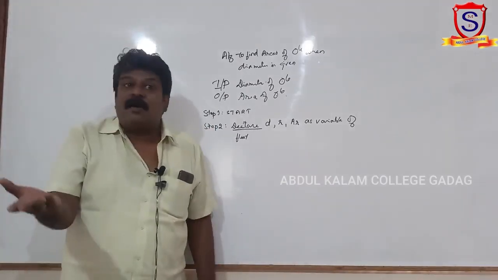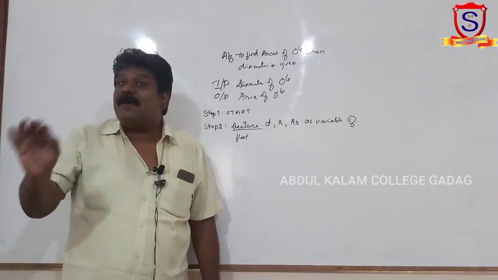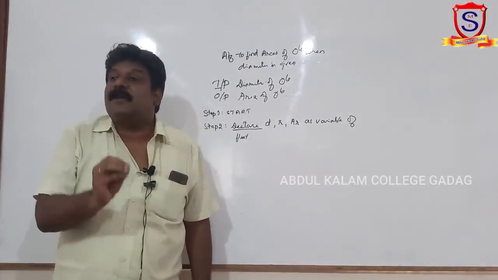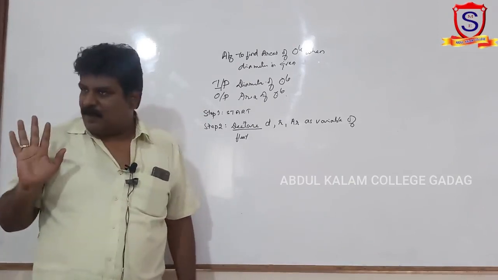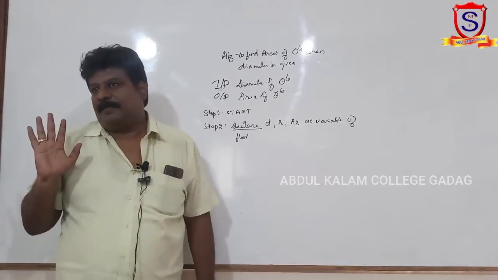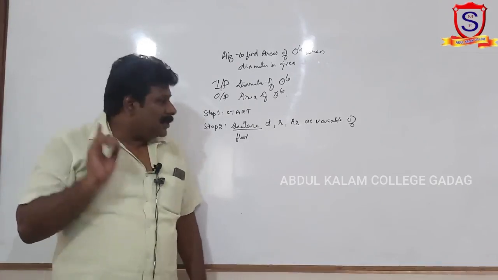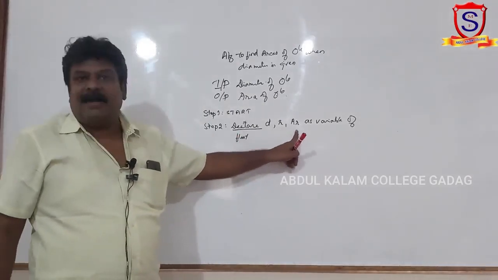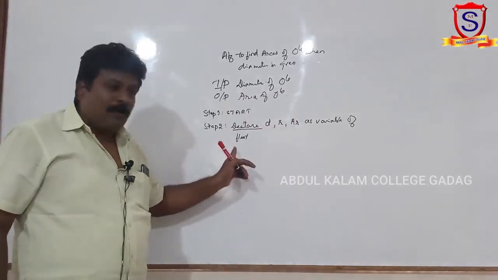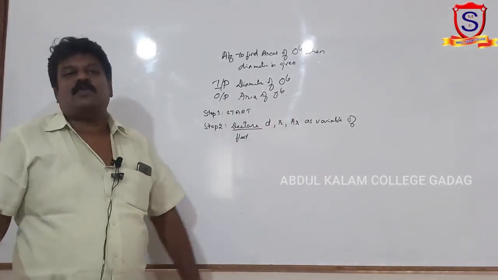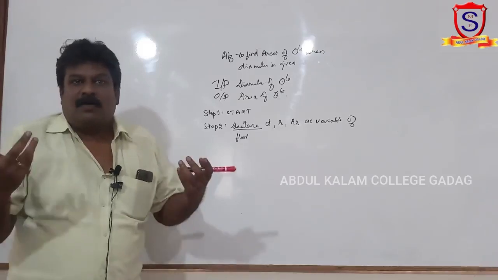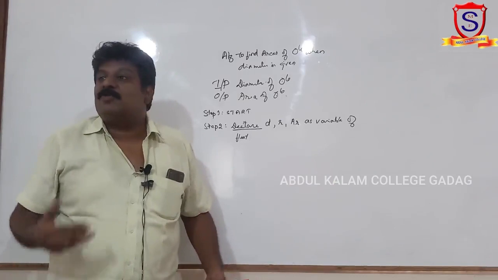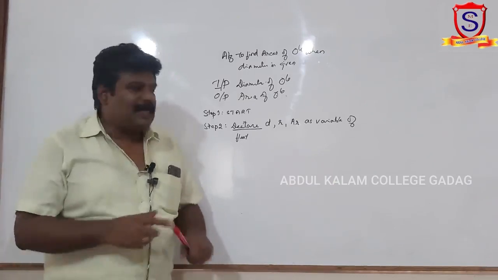Whenever I ask you your percentage, then definitely you will be giving me real values. That time it is essential for us to declare the variables of real type or floating point type. Understood? So now I have declared AR as a variable of floating point type. So next, what should I do? Now the vessels or the carriers are ready with us. Now I should read a value from the user. So that's what I do.